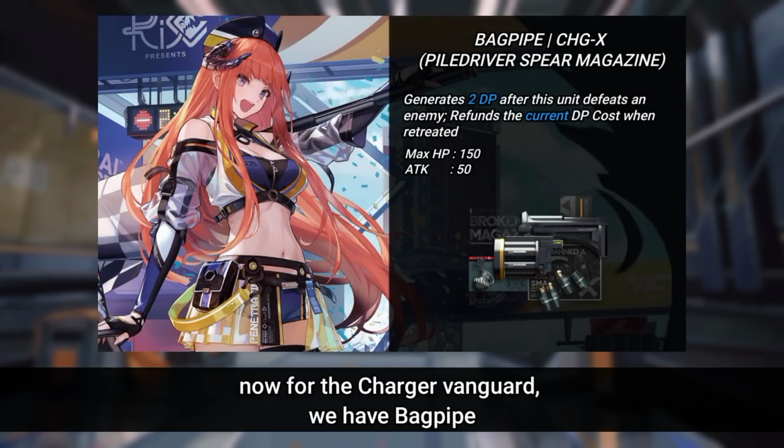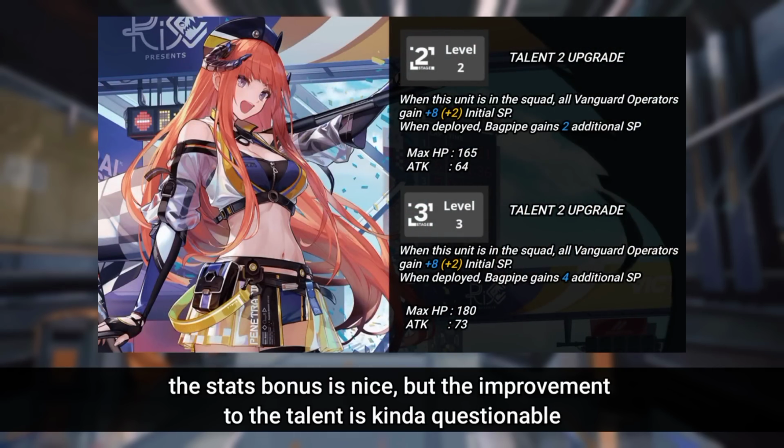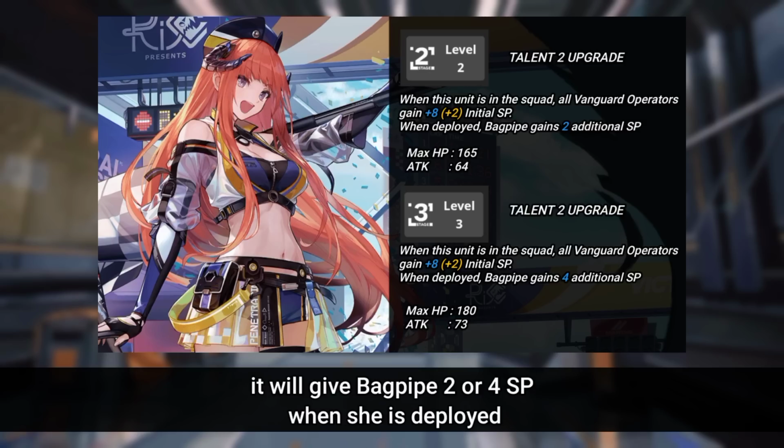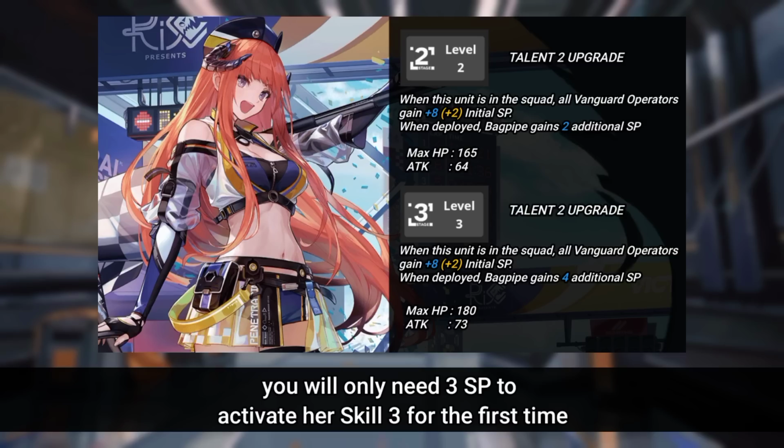Now for the Charger Vanguard, we have Bagpipe. Bagpipe's X module upgrade will improve her second talent. The stats bonus is nice, but the improvement to the talent is kinda questionable. It will give Bagpipe 2 or 4 SP when she is deployed. So with her S3M3, talent 2 plus full pot, you will only need 3 SP to activate her skill 3